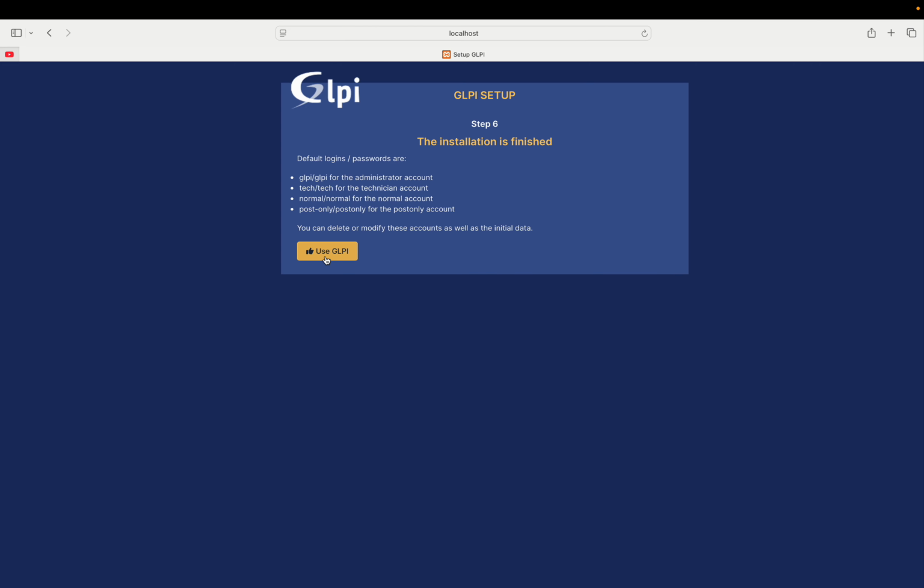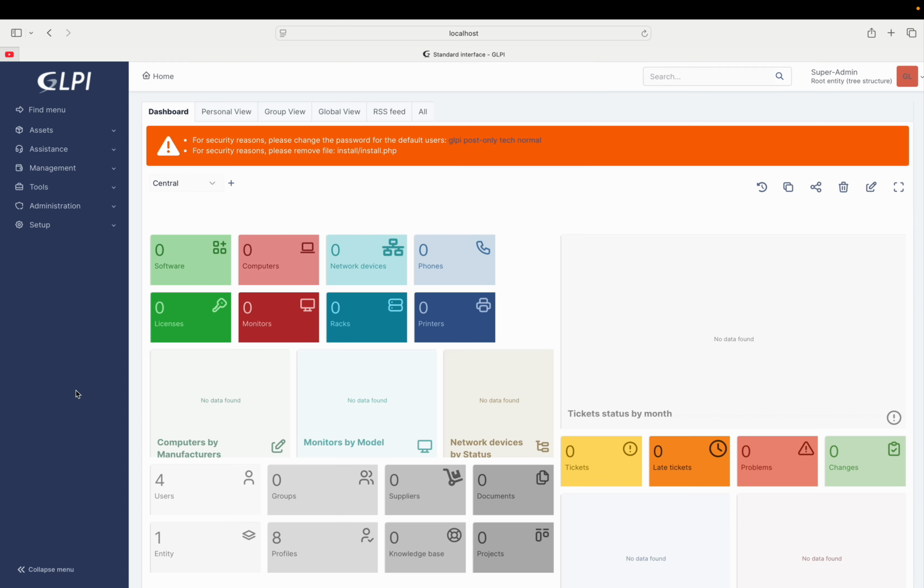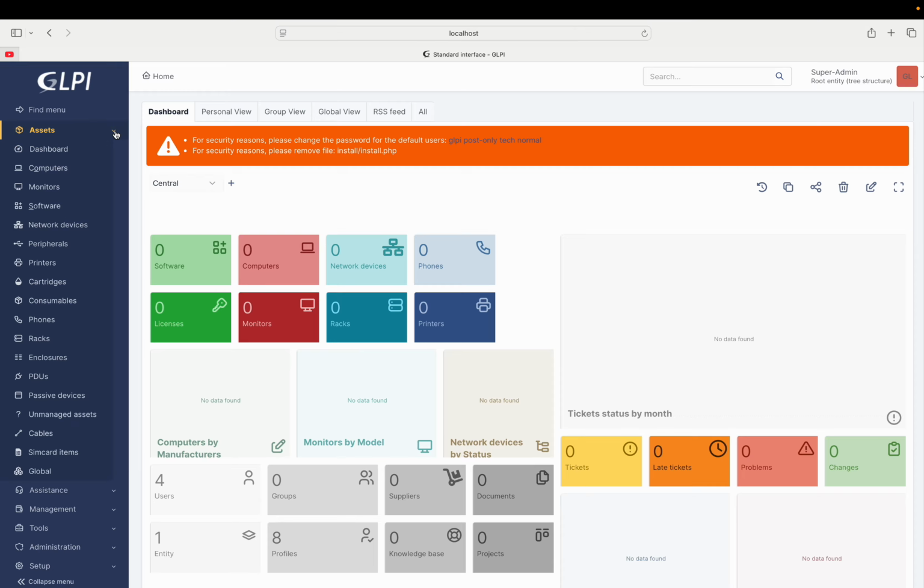As I said, GLPI is gestionnaire libre de parc informatique. So guys, now as you see, we are going to log in to our system. So the username is GLPI for administrator and the password is GLPI. Now you see guys, I can sign in. You see guys, this is the asset management system where you can